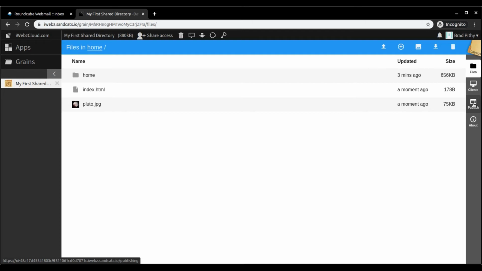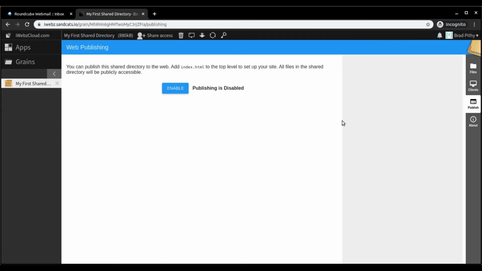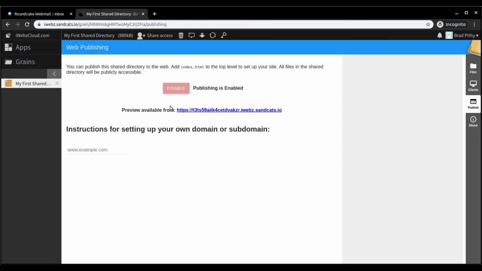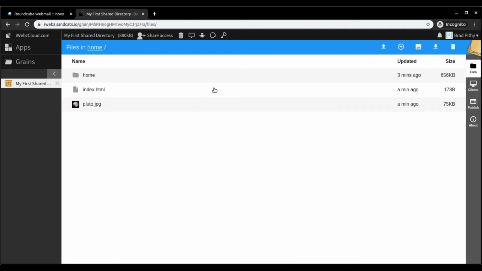Yes, you can convert your file storage into file hosting or web hosting. All you need to do is click on enable. You get the link here. When you click the link, it will open the index.html file in that particular folder. So if you are into web hosting, you can just upload an index.html, which is a starting file, in the root of the folder,